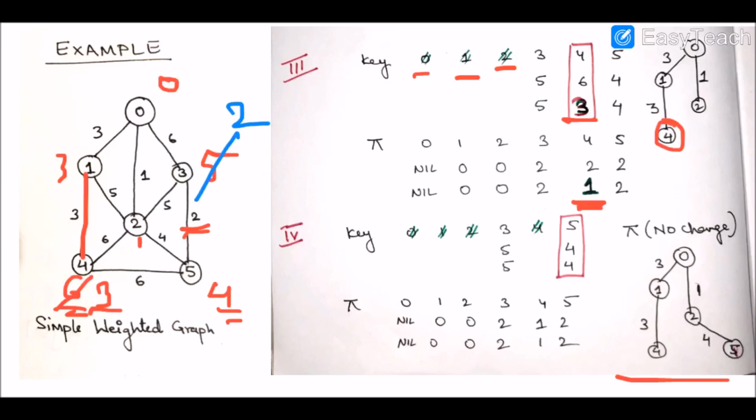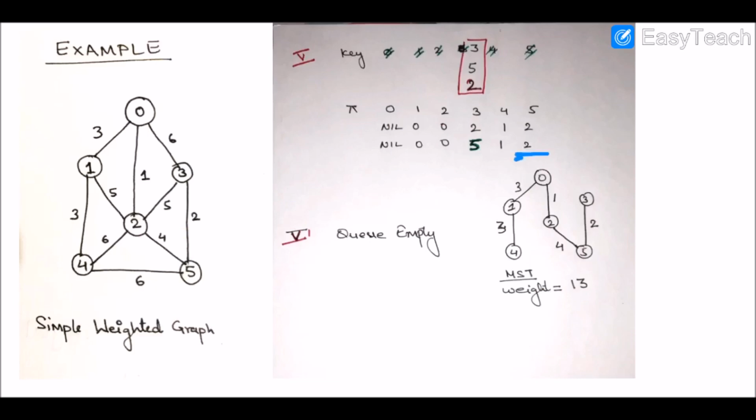So right now the key value of 3 becomes 2, which has been updated because of 5, right? So 5 has updated the key value of 3. Here we can see the key value of 3 becomes 2, and who has updated? 5 has updated. Now 3 is the only node remaining in the queue, so we are going to extract this, and again we can see the node 3 has been extracted and included in the tree, and the value is 2, connecting with 5.